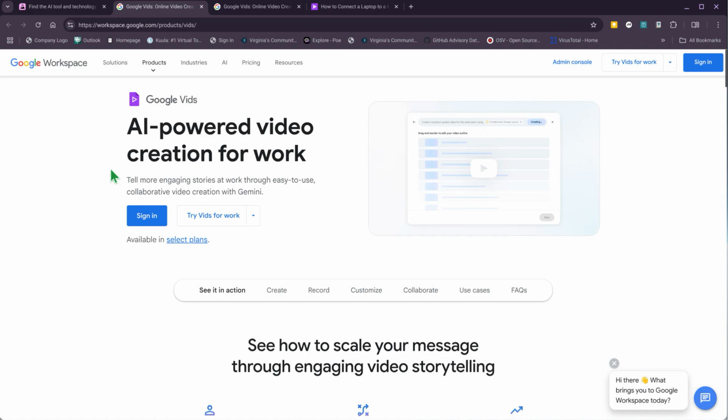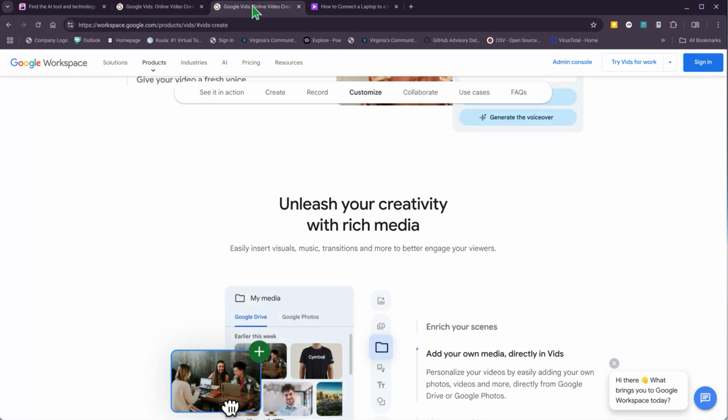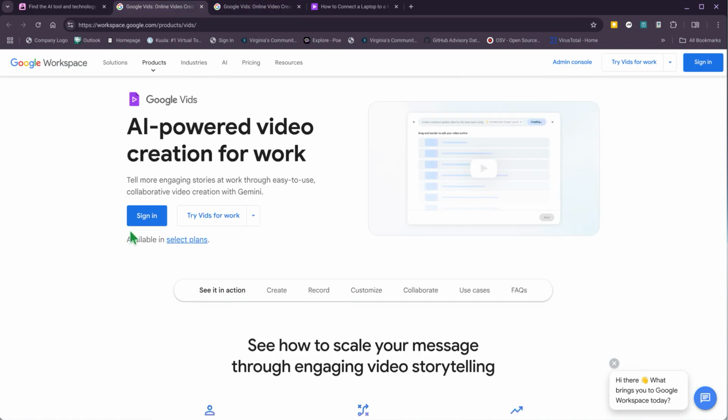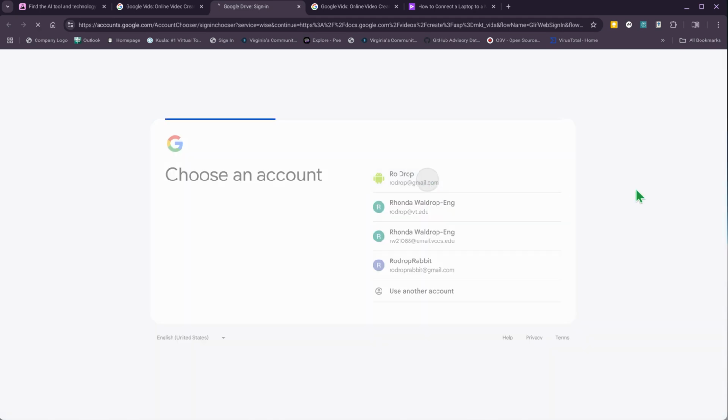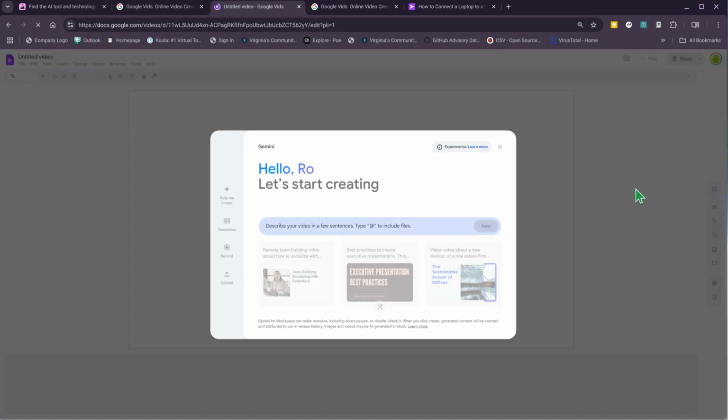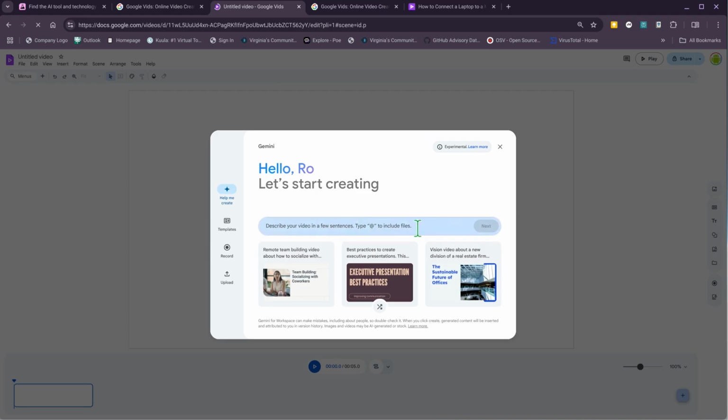And it tells you a little bit about it. You do have to sign in. I am already signed in, but let's go through the process again. So pick your email that you're signing in on, and it says describe your video here in a few sentences, type @ to include files. So I'm not going to do that part right now, but I am going to just do a quick one